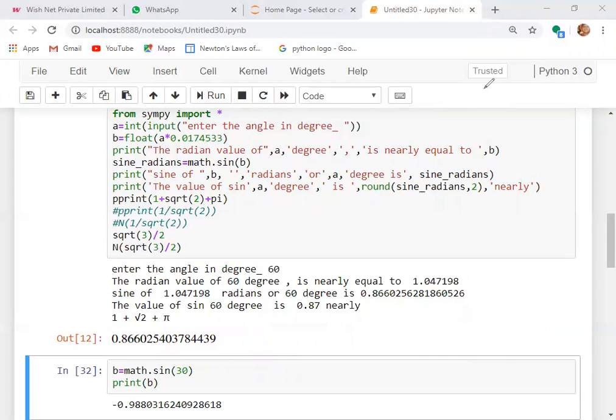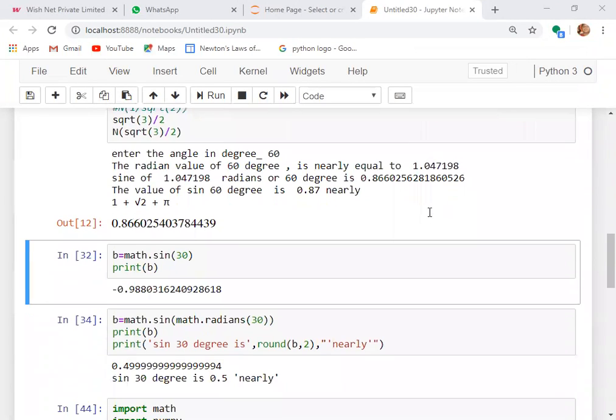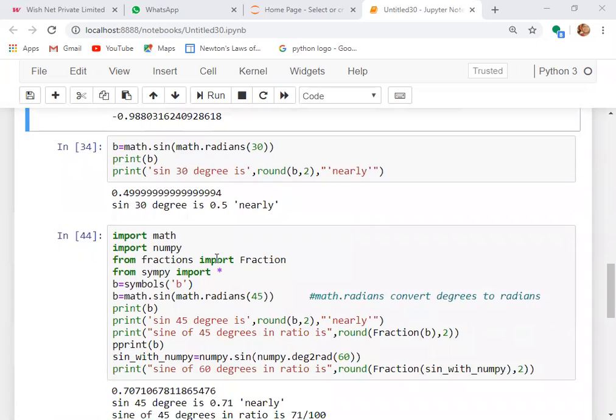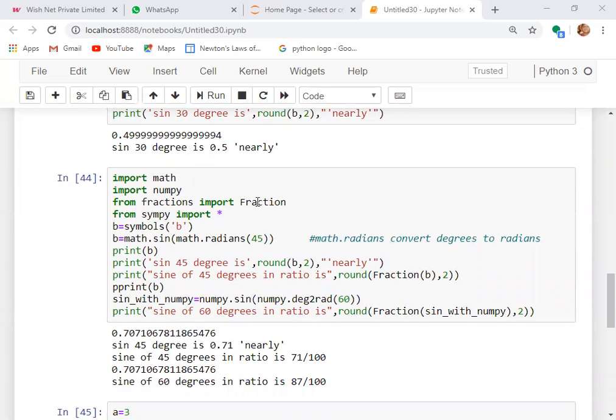So that's why Python will be helpful to create the concept. Similarly, if you try to match, this will be taught. Now, what is a fraction model? Why are we taking the fraction? So import math, import numpy, from fractions import this. So math.radians: if we are using the radians value, math.radians will actually convert.